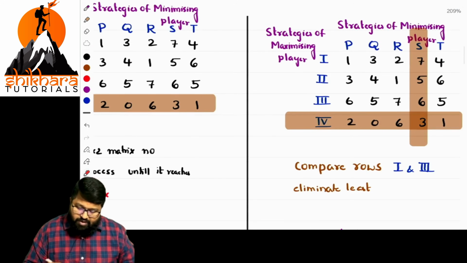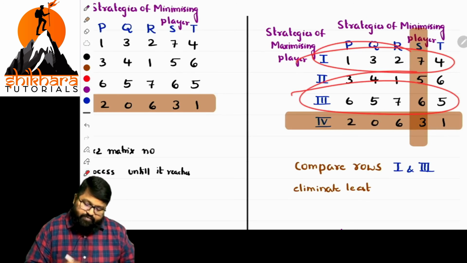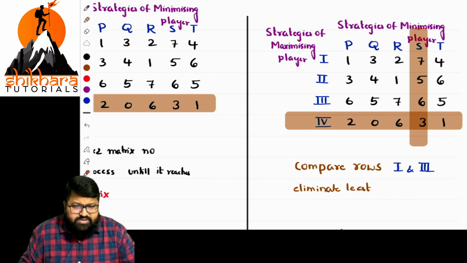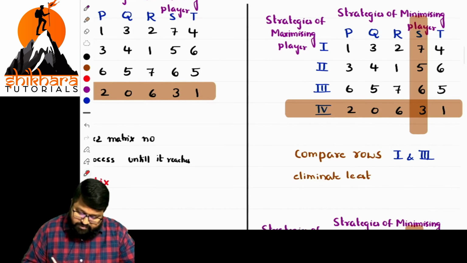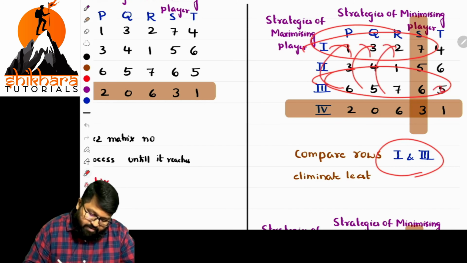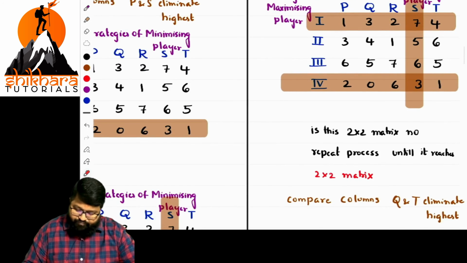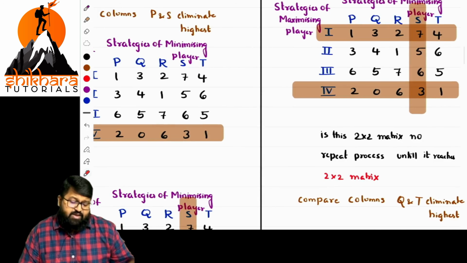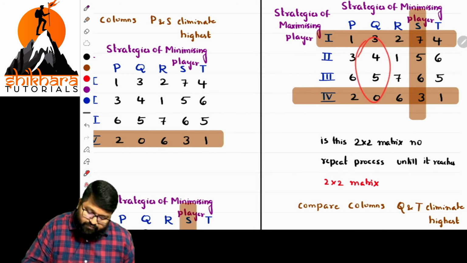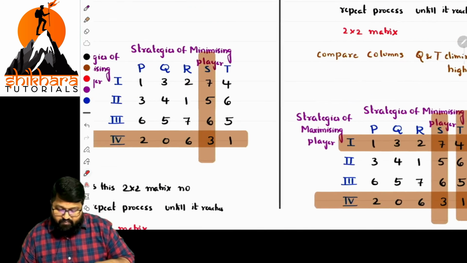Let us compare with the rows, eliminating row 1 and row 3. In the case of row 1 and 3, it is not mandated to go with the same process. You can go with the basic rules. If you are satisfying the rules, it's fine. So 1 and 3 rows, is it minimum? It's minimum. So we can eliminate row 1. Row 1 is eliminated. Now we are comparing Q and T. Why compare Q and T? Q values are 4 and 5, T values are more. So straight away we can eliminate this part. Fine. Superb. Now we are left over with this part.